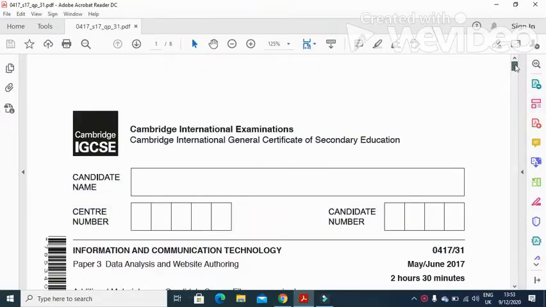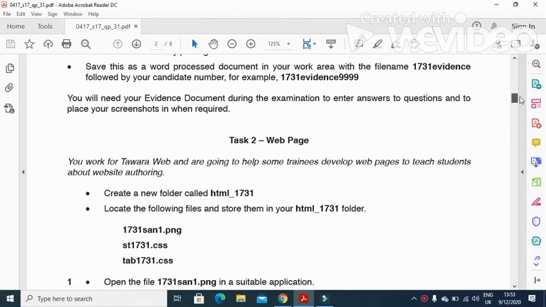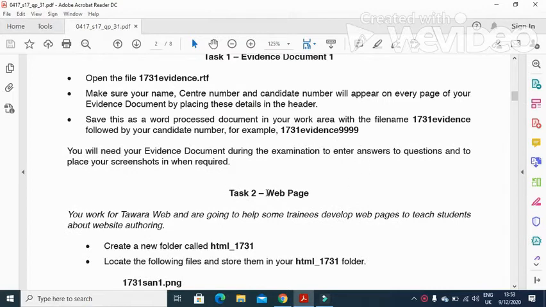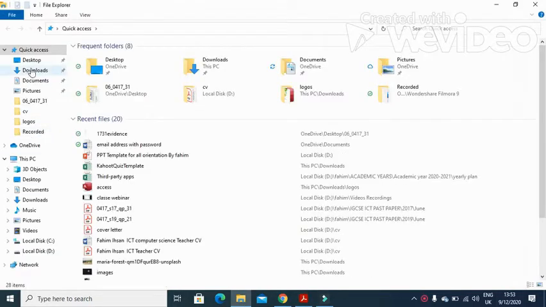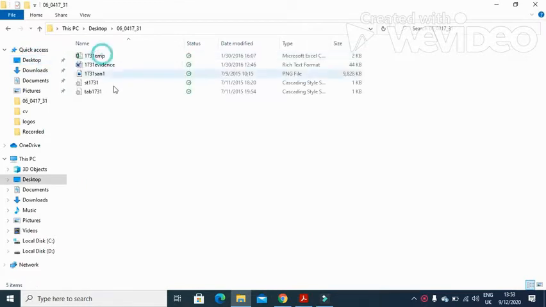So in this part of the question paper, before we proceed with the webpage part, we need to prepare our evidence document to have our screenshots and evidences over there. So we'll open the file called J1731 evidence, and then we'll prepare it for our evidences. So I will go to the folder on the desktop here. This is the folder, and we'll open this file,